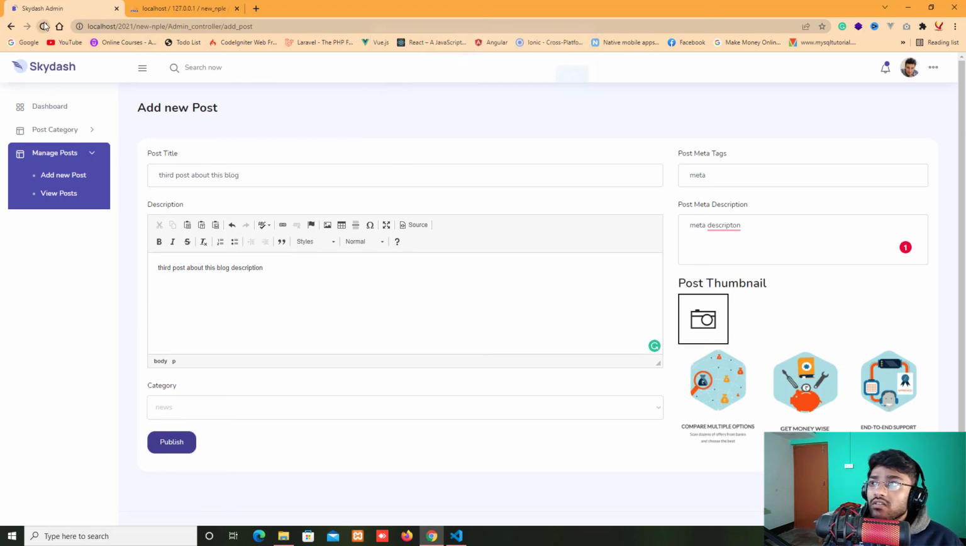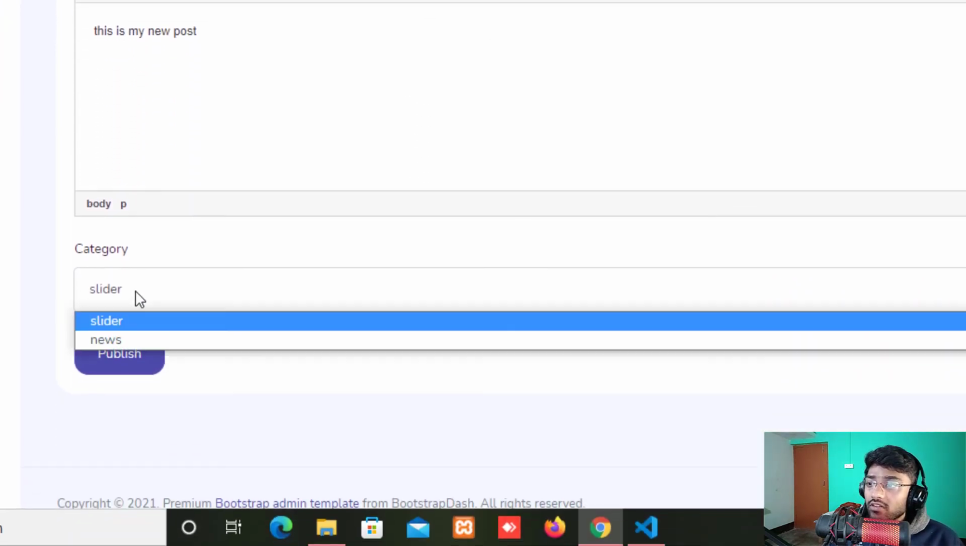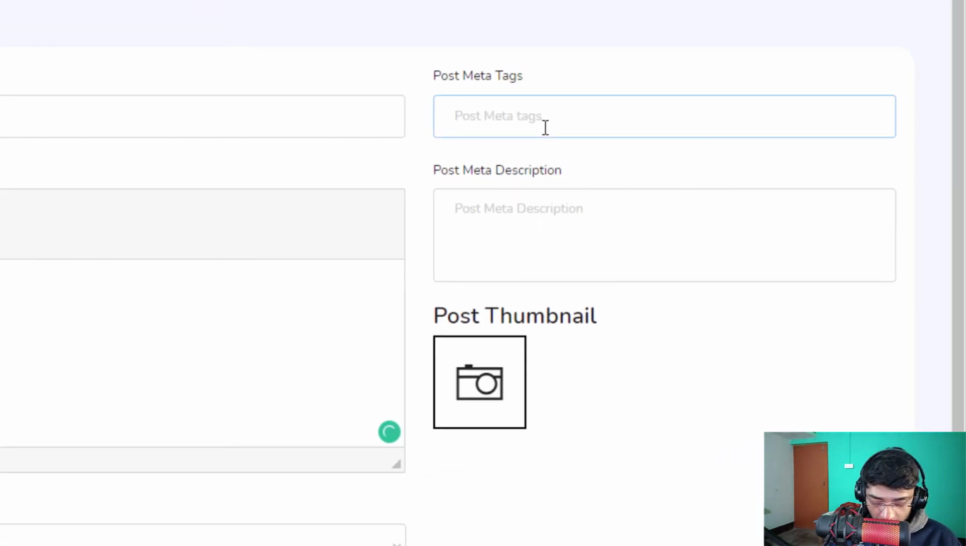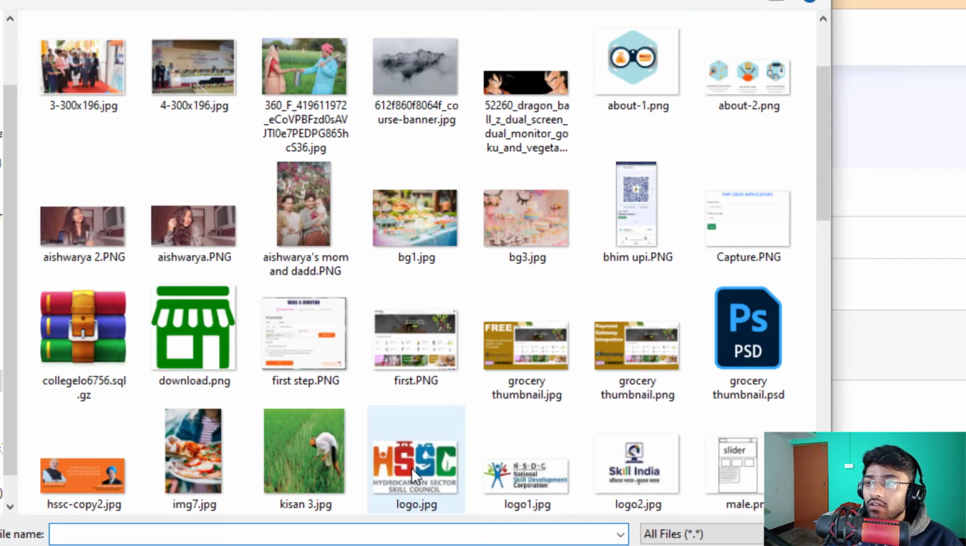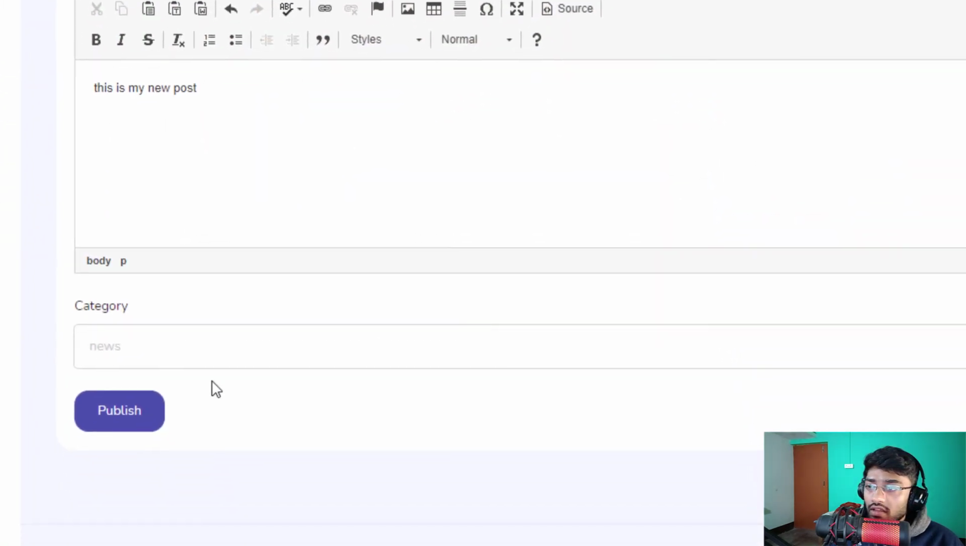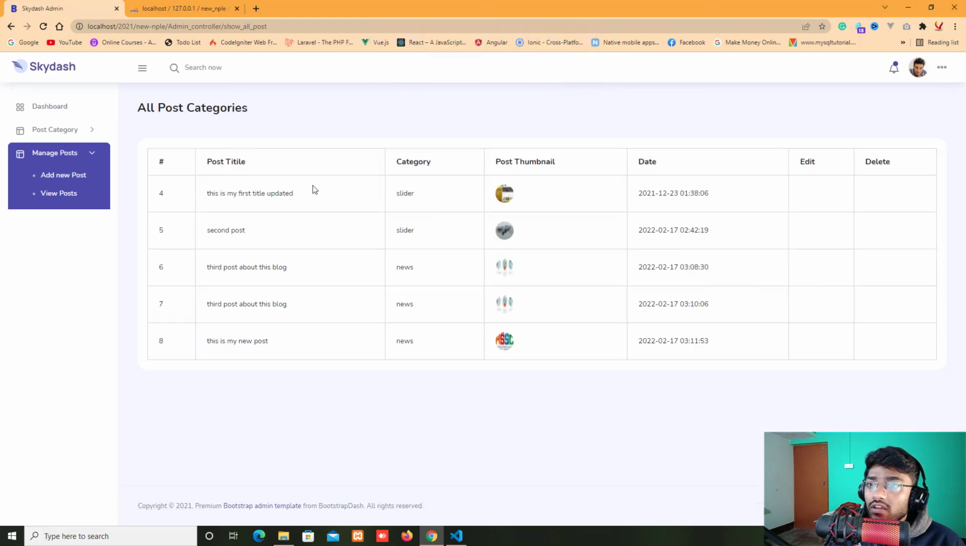Before doing that, okay, now just type it. This is my new post, copy and paste it over here, and change the category name again, and type the meta description, and select any image. Okay, and click on publish as my alert says, and okay, now we have a total of 5 new AJAX posts